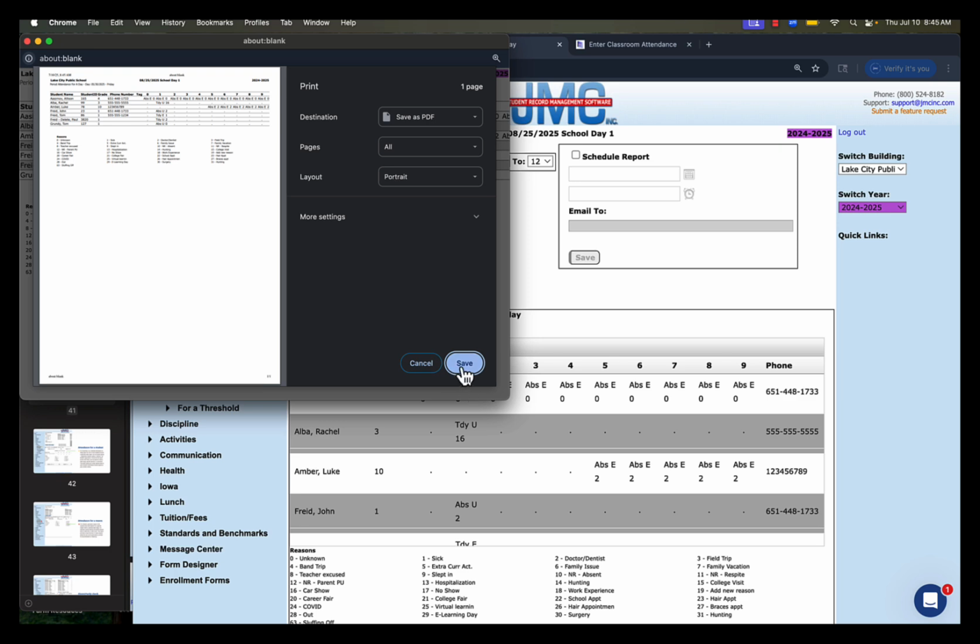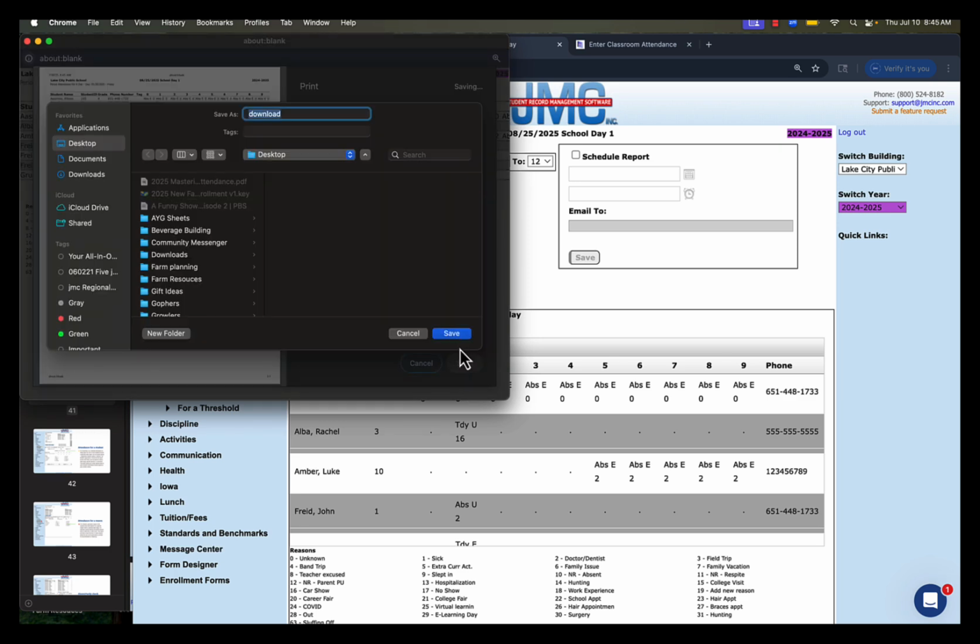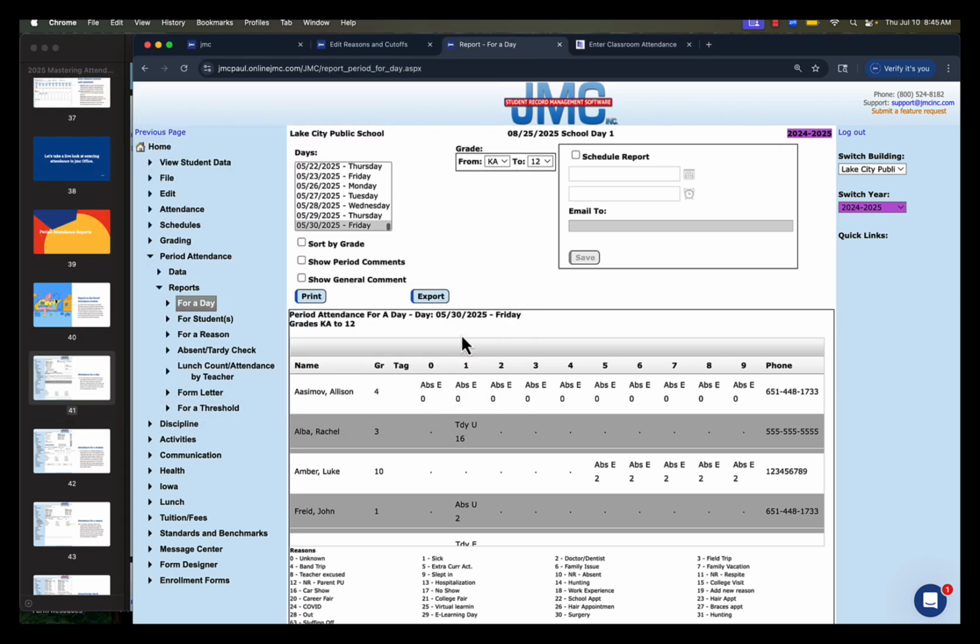Let me just save this to a PDF and bring that up here. Okay. And then you can bring out the PDF. I'm not going to show it to you just to keep us moving here, but it has the phone number next to each kid's name. That's their first primary contact phone number. So people will start calling parents and saying, hey, your kid's not here, and write down on this piece of paper why the student is absent. And then if later they want to, they can come in and mark a student absent or tardy. Or you can just call them and mark it right in the program, which I think is the easiest,